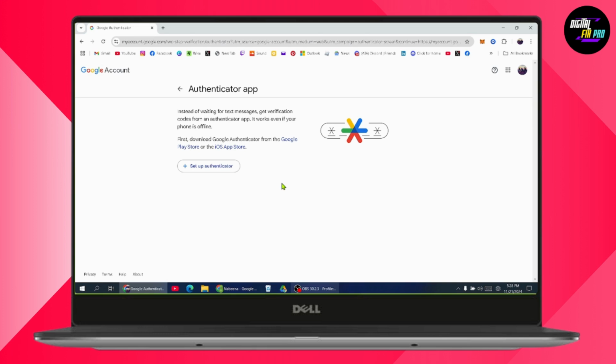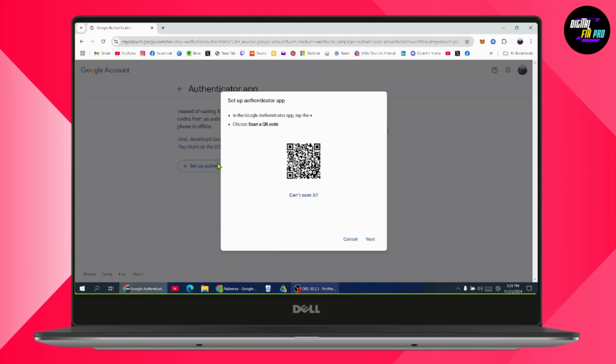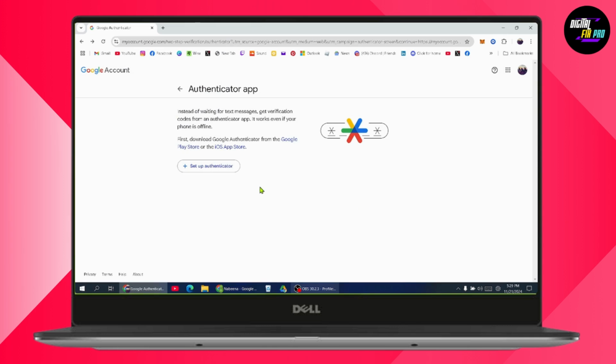So you just need to simply first go and download the Google Authenticator from the Google Play Store or the iOS App Store. You can do that on your mobile device. So go and install it and then go with Setup Authenticator. And you can go with Google Authenticator app and then go to the bottom right, which has that plus icon, and then you can scan the QR code, which is right here, and then go with next and you'll receive a code and you need to enter that code right here, and after that